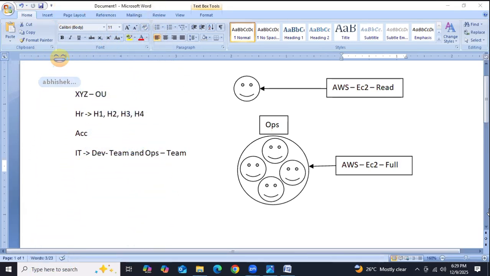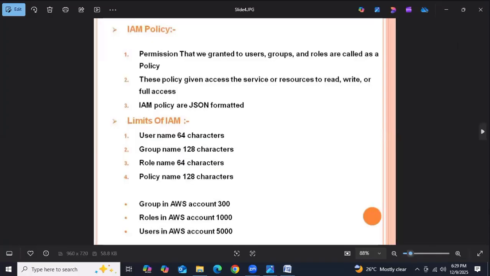I hope you are clear exactly what a role is. We can also provide permissions for roles. To whom are we going to provide the permissions? For a user, for a group, for a role. What kind of permissions are we going to provide? Read permission, write permission, full access permission. Few people should have full access, so we provide full access permission.